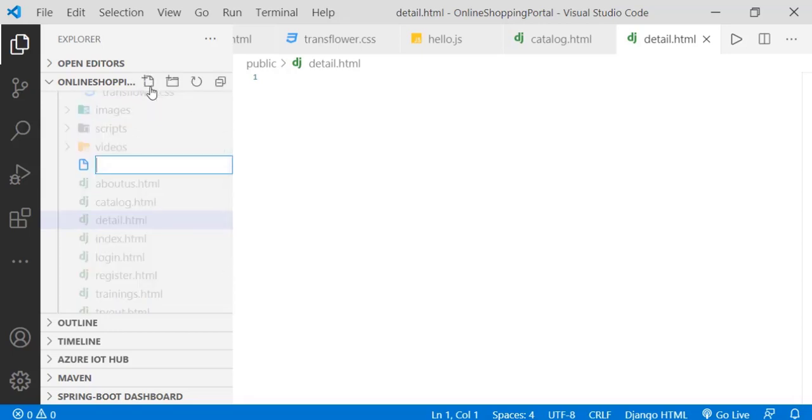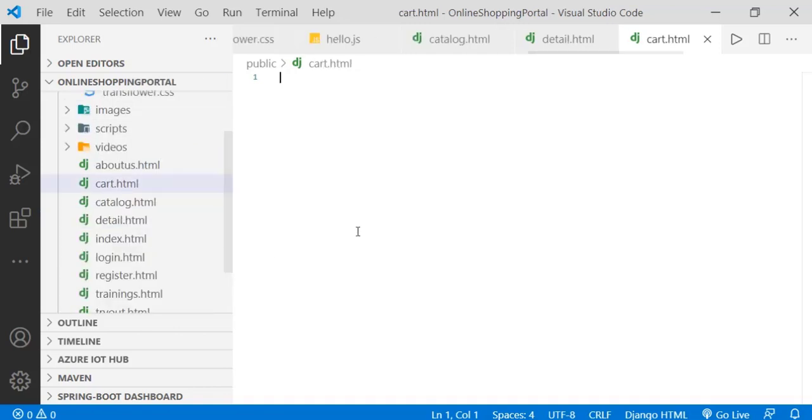So I can go back and have one more file called cart.html. So cart.html will show me the number of items I have selected by adding products into my shopping cart. I can have one layout for my cart.html file. You might require one more extra page, add to the cart. The add to cart page will help me remove an item from the cart or update an item in the cart. So cart.html, detail.html, and index.html are already there, login.html is already there, register.html is there.